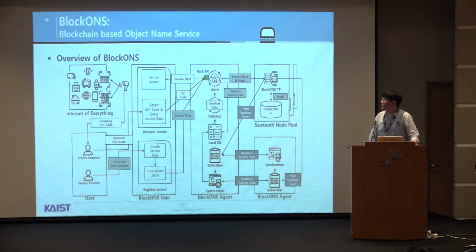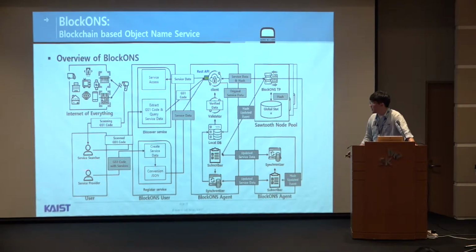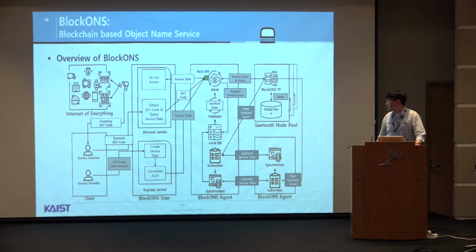This is the overview of a blockchain. I said there are three issues. The first one is a gray box. It means the service provider registers their service with the JSON code, and the registered service is now